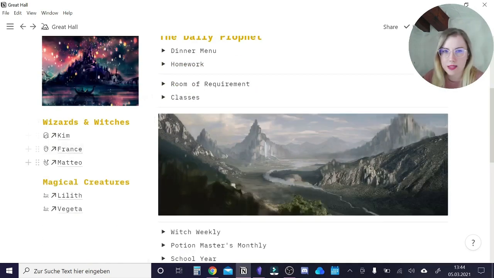And here on the left side, we have Wizards and Witches, which is basically my family: me, my husband, and my son, as well as our cats. And each of us has a dashboard. Those dashboards aren't really set up yet. As I said in the last video, I'm still in the process of putting all the information in, because a lot of the information I want to have in here is information I've accumulated over the years, which I have in paper form or just somewhere in the back of my memory, and that's why I want to put all the things in here, but they're not there yet,